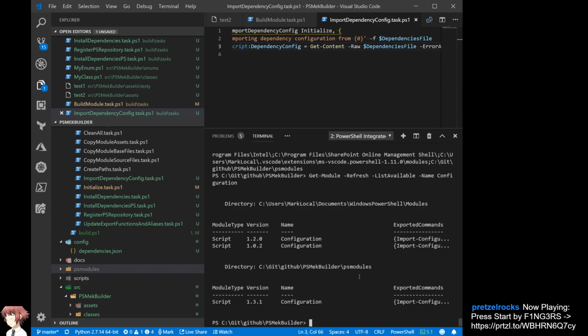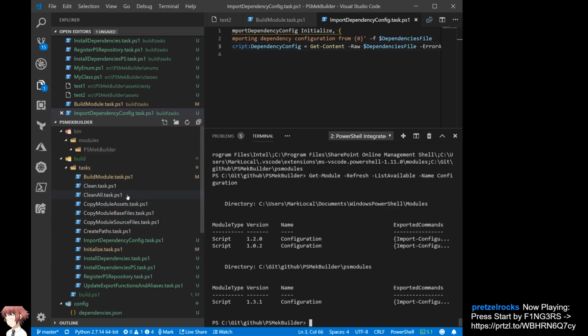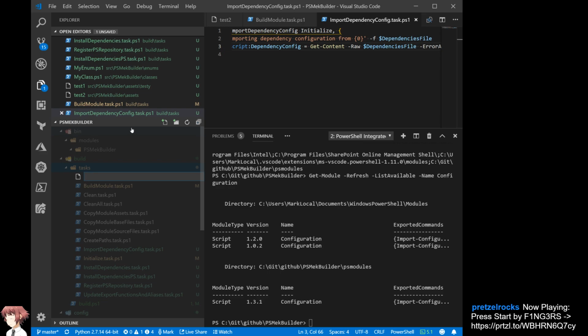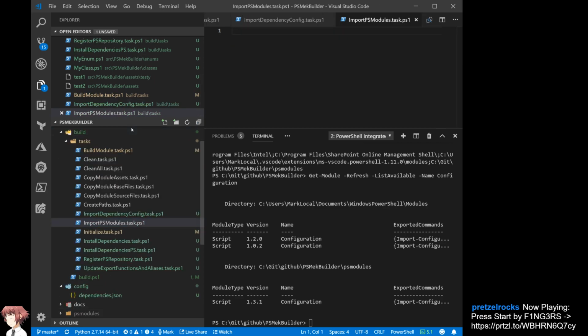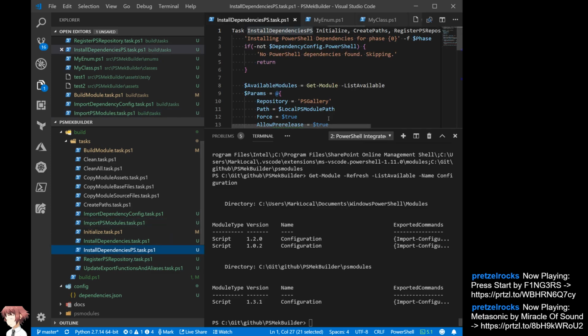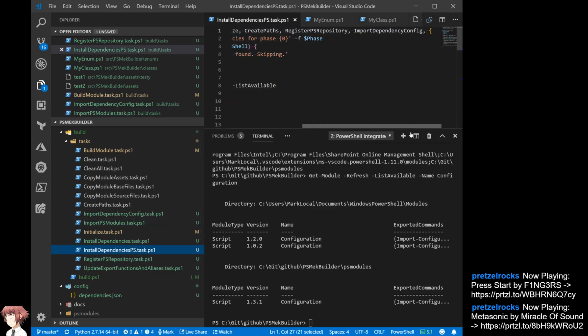Okay, so the other thing to do is to import modules. So we need to make sure that the right version is imported and that we don't automatically get one of the other versions somewhere. Since we're saying that we need this particular version, we need to make sure that it gets imported. So similar to our install one here, we definitely need to get